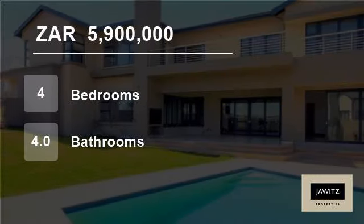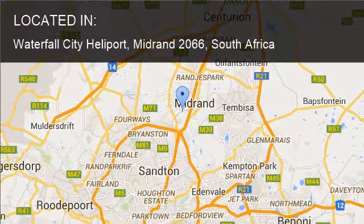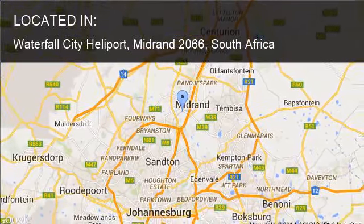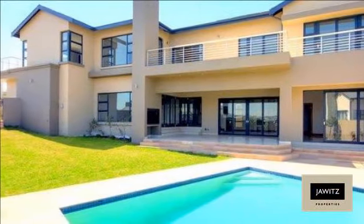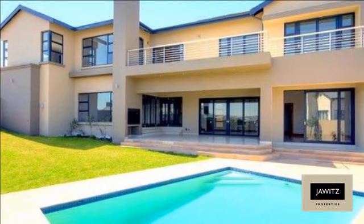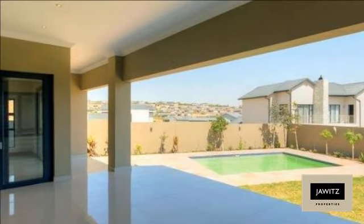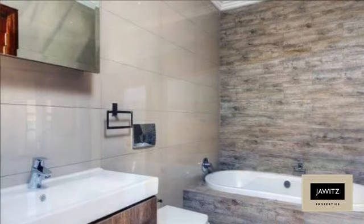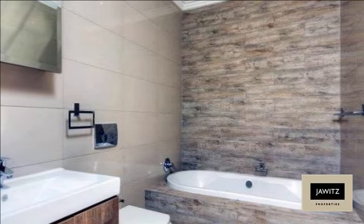Welcome to this 4-bedroom house for sale in Waterfall City Heliport, Midrand 2066, South Africa for R5,900,000. This newly built home is elegant, stylish and exudes an air of calm and tranquility from the moment you enter. Cool, clean lines and classy finishes complement the spacious downstairs living area, a lounge and open-plan kitchen with gas